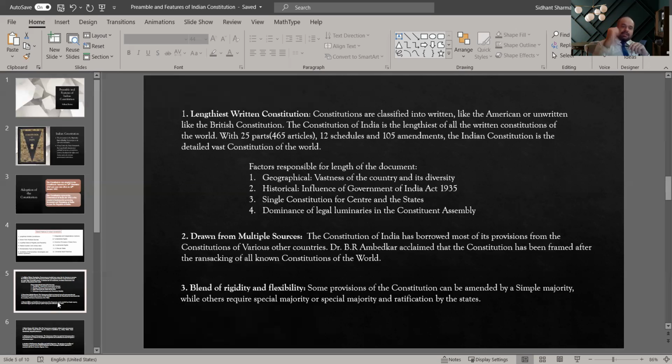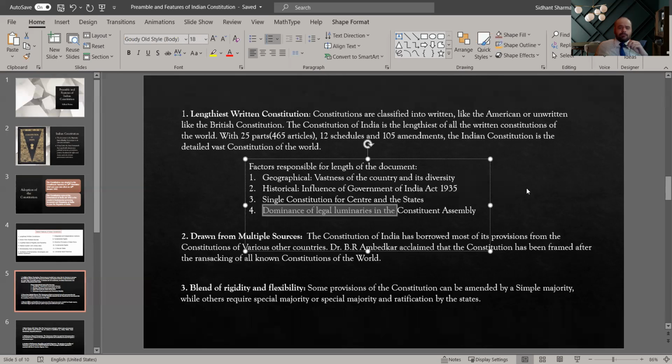But there are certain reasons for which this length of the document has to be responsive. These factors, why the document is such a large, huge document, are generally asked or sometimes asked in different forms in various examinations. So, focusing on these factors, I have categorized these factors into geographical factors, historical factors, single constitution for center and states,